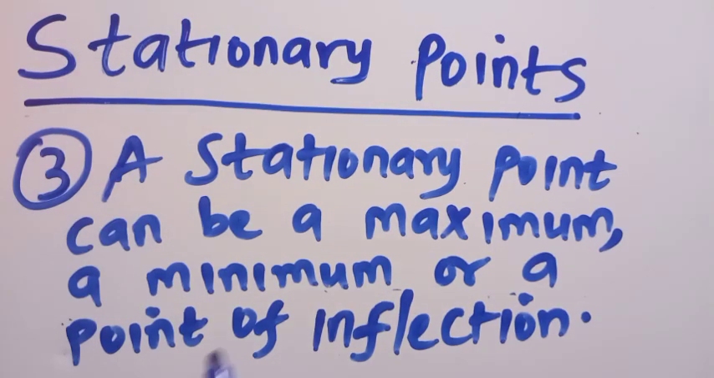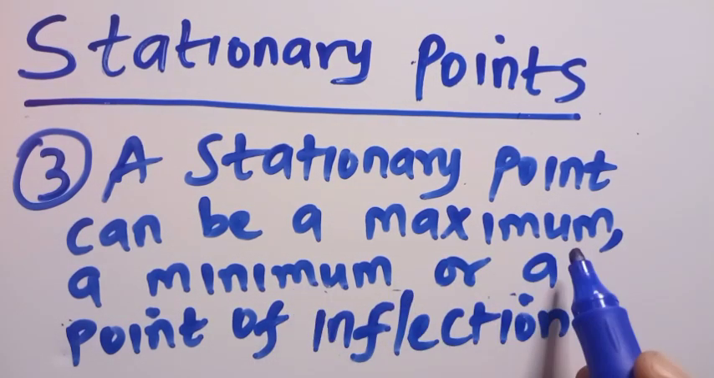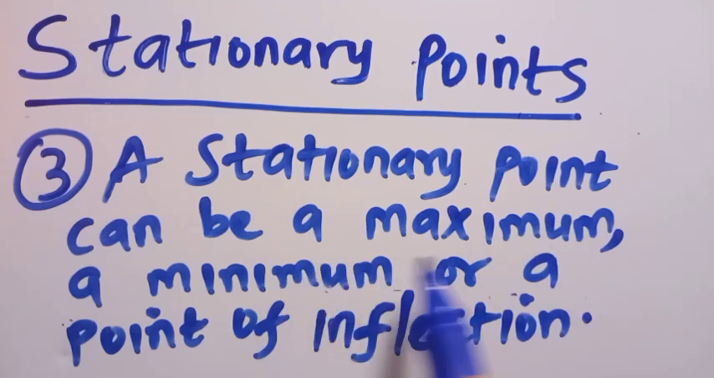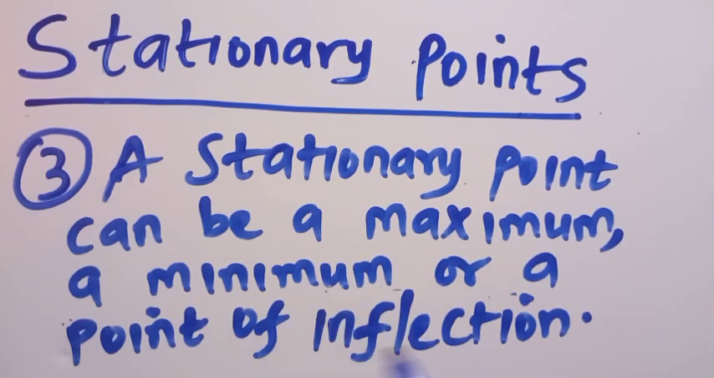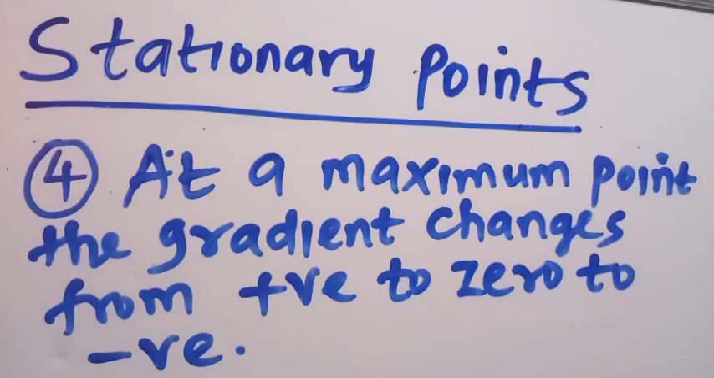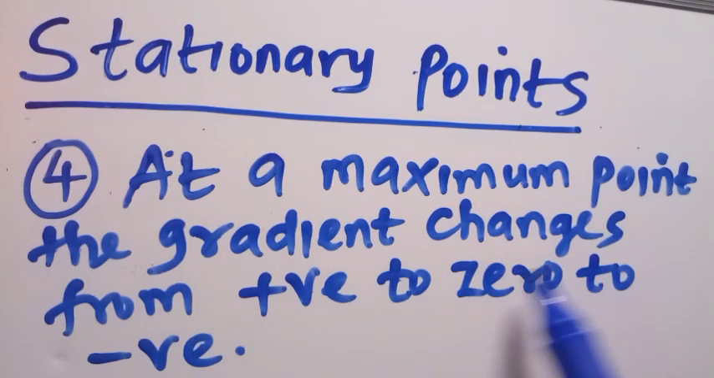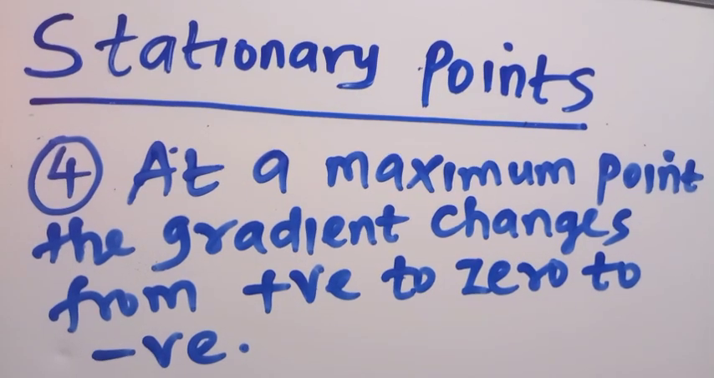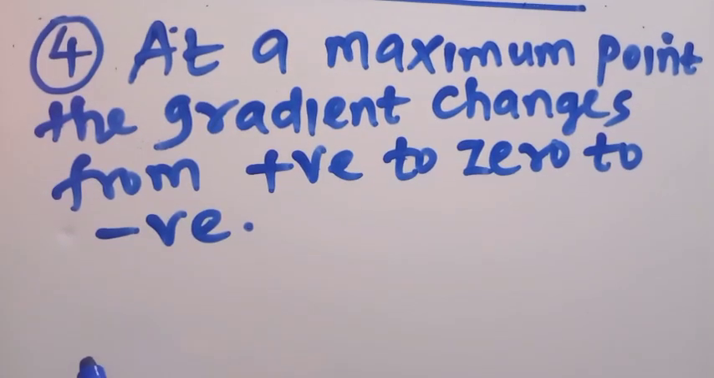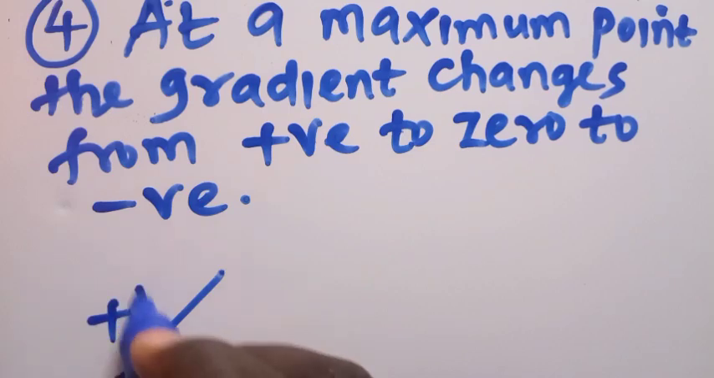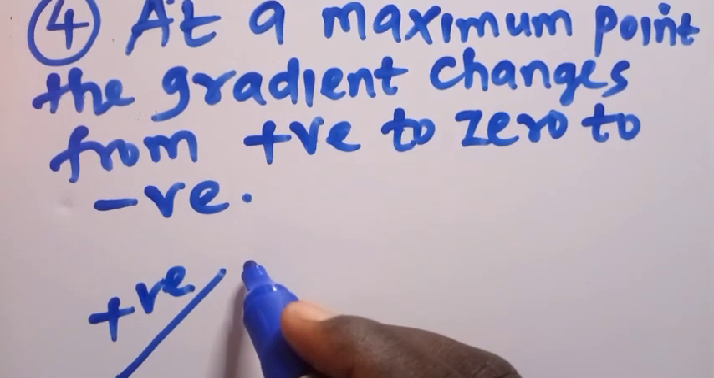Thirdly, a stationary point can be a maximum, a minimum, or a point of inflection. Fourthly, at a maximum point, the gradient changes from positive to 0 to negative. We can sketch this: the gradient changes from positive to 0,